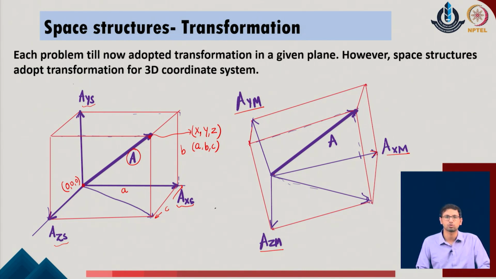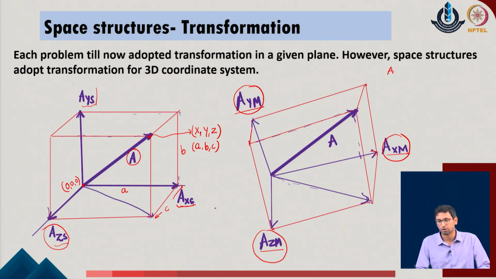We can come up with the more generalized case first, and we realize that for the same vector I can again come up with a differently existing coordinate system, and now I need to come up with the relationship between these member coordinate systems, or the local coordinate system, and the structural coordinate system or the global coordinate system which have been located in the given problem. So, in necessity what we are looking for is a transformation relationship, which you can write in terms of the same notation of a.